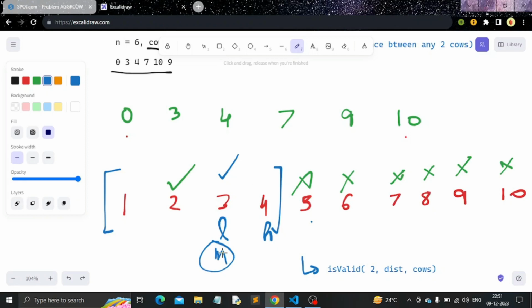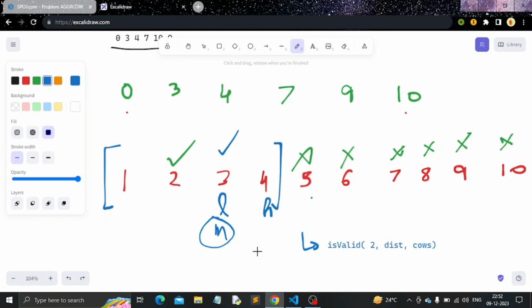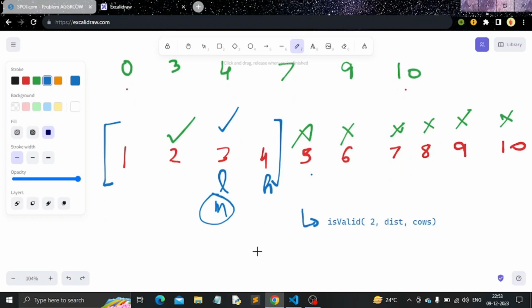And then again I'll update my low pointer to mid plus 1 because I want to search in the right half of the values. So using binary search also we are able to get our objective, which is to find the maximum minimum distance